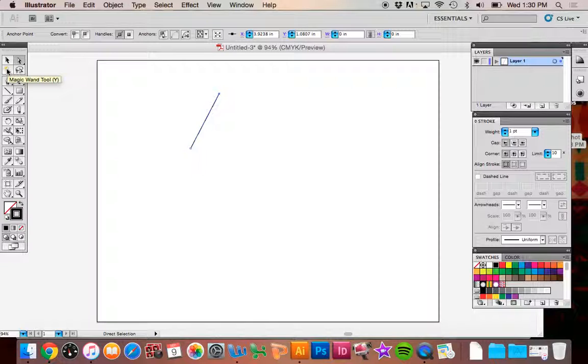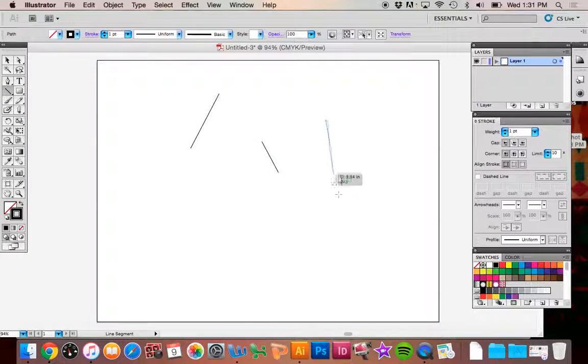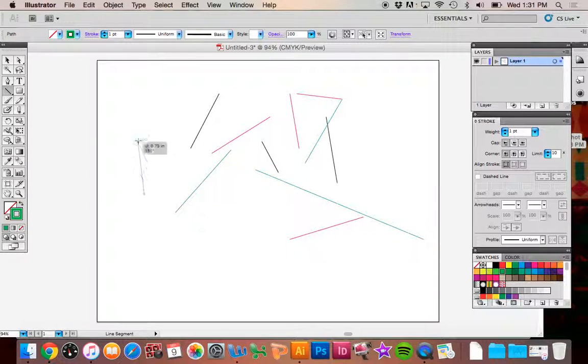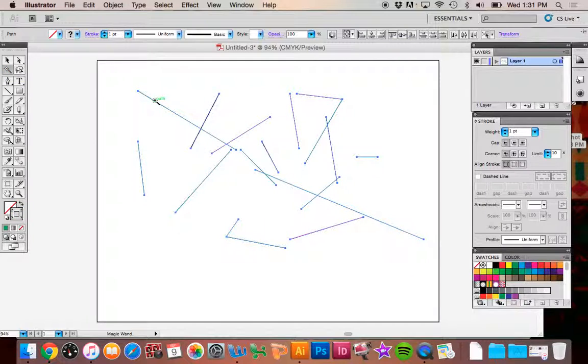We have a magic wand tool. Let me just draw a couple more things up on here. Change up my colors a little bit because I'm going to show you something cool. Looks like confetti, huh? Okay. So a magic wand tool is going to grab based on colors, and this is a terrible example because I don't know why this isn't working. It should be just grabbing colors based on the ones that I pick,